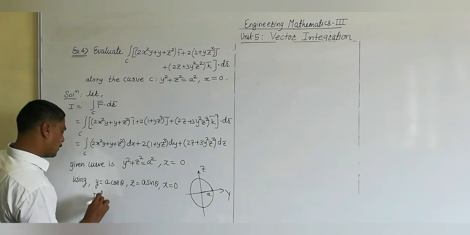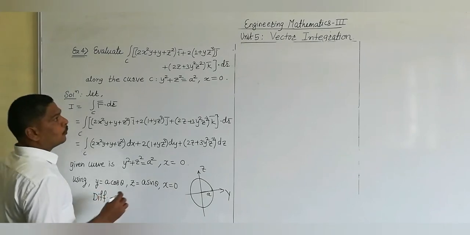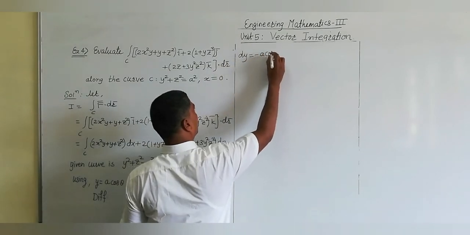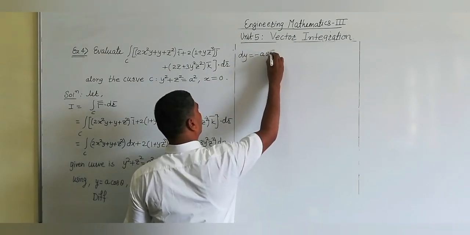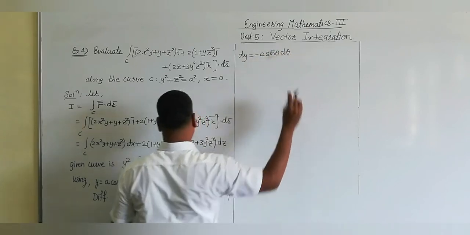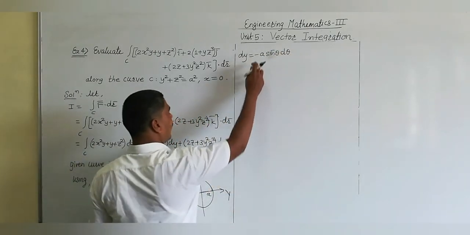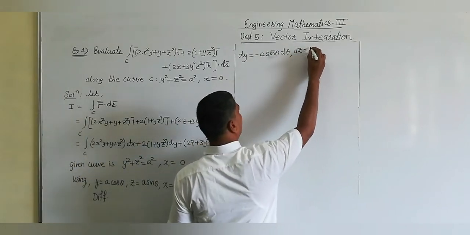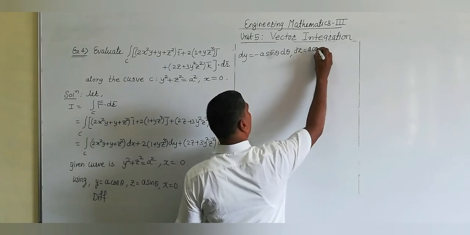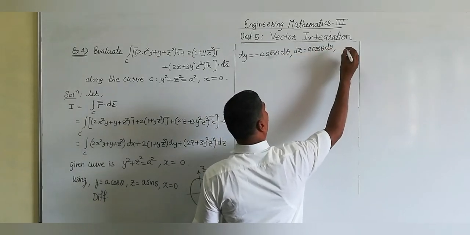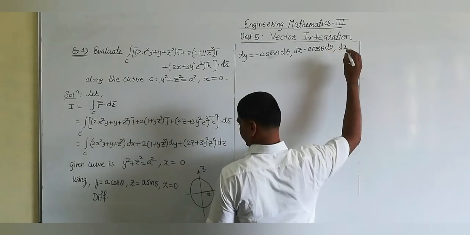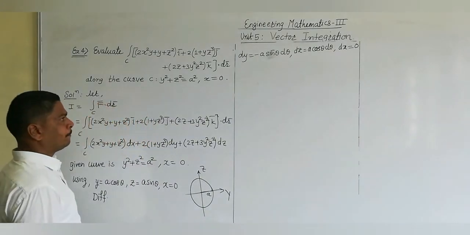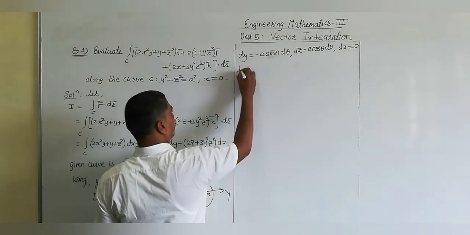And now differentiate this. Differentiate, we get dy is equal to minus a sin theta d theta, because derivative of cos theta is minus sin theta. So that's why minus sign is here, comma, dz is equal to a as it is, derivative of sin theta becomes cos theta into d theta, and derivative of x is dx equal to derivative of 0 is 0. Okay, and limit for theta